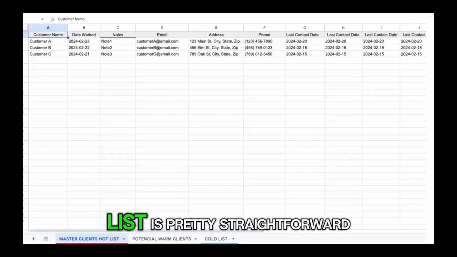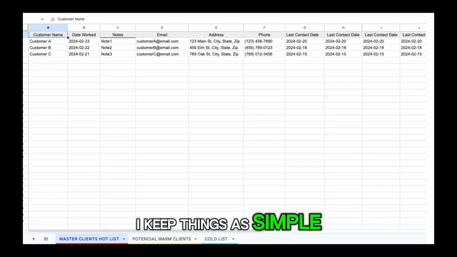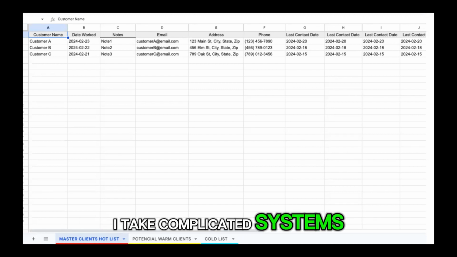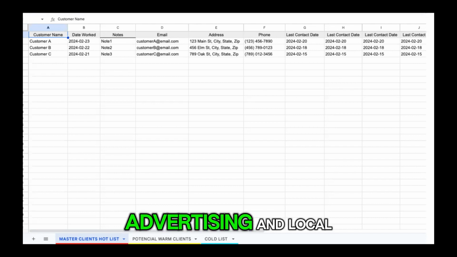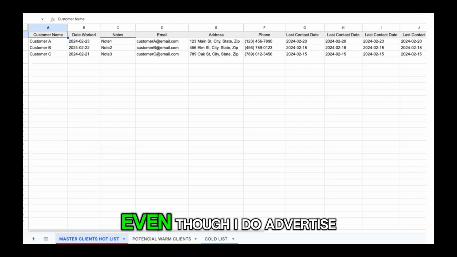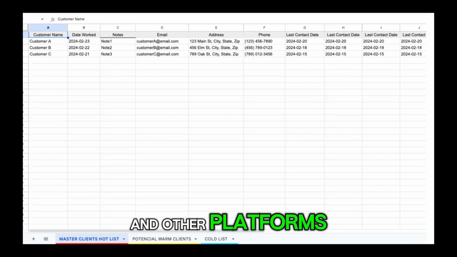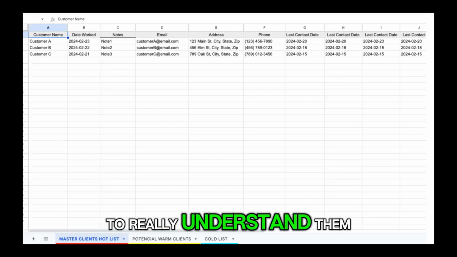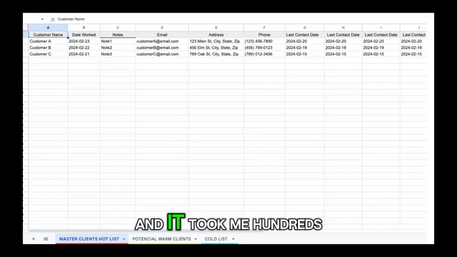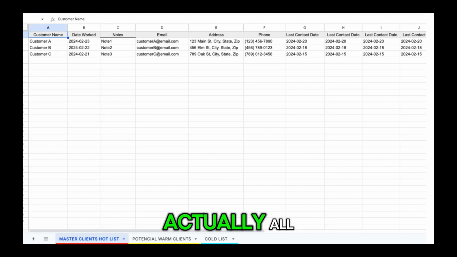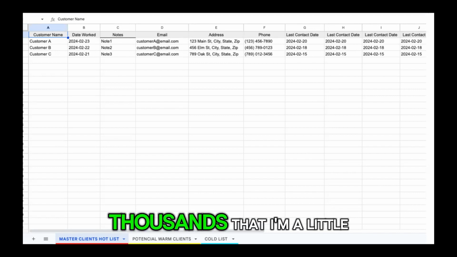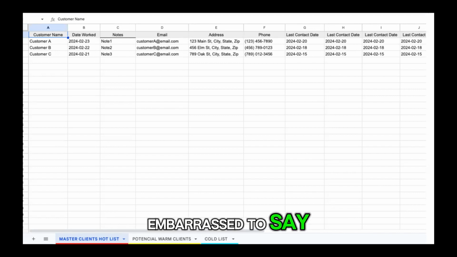Now, how I track my list is pretty straightforward. I keep things as simple as possible. I hate complicated systems, and that's why I love local advertising. Even though I do advertise on other platforms, it took me a while to really understand them and how to use them correctly. And it took me hundreds of dollars, actually, thousands, to be honest with you, that I'm a little embarrassed to say,